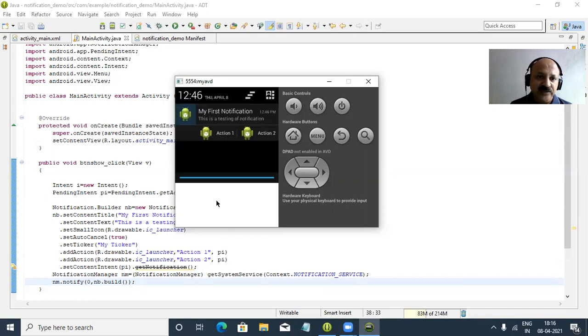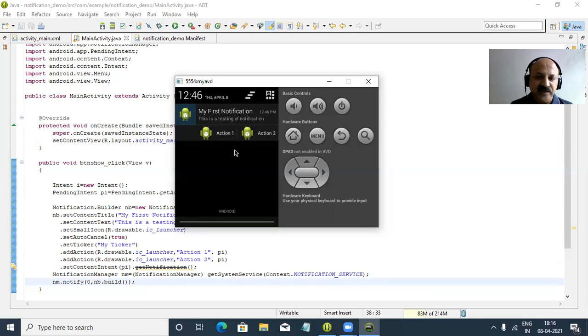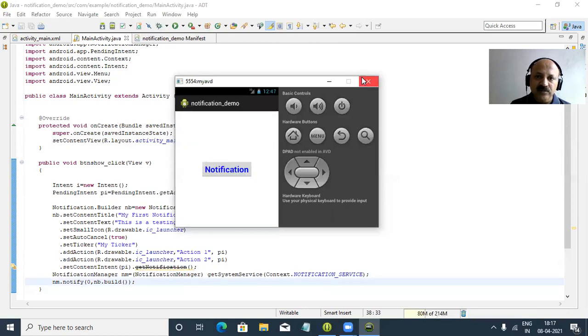Yes, so that is a flash only for a few seconds, and yes, so that is action 1 and 2 here separation. So any number of actions you have to bind to your notification, like in our mail we can send to another person and attach a PDF or document file. The same way here we can bind notification to action 1, 2, there is no limitation. So here we can use two classes, the PendingIntent and Intent classes. So yes, I cancelled it, yes, gone.